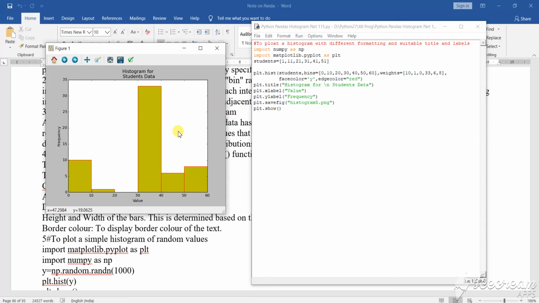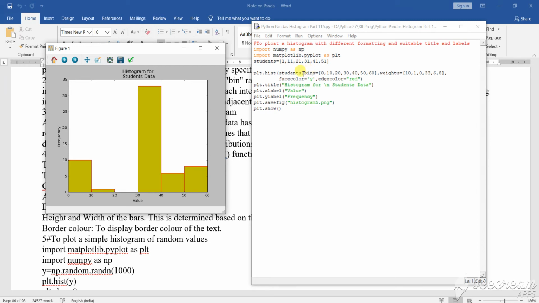Now I want to show the particular thing. So this is how your histogram has been plotted. Those are the new things we must note down. Those are the new things that have been added, and by adding those things, we find that we have designed or decorated our histogram in a much more presentable and beautiful way. So this is how you are going to do your histogram, and you are going to calculate the histogram phase. There should not be any part where the bin is not attached when you are designing the histogram. Remember this thing.